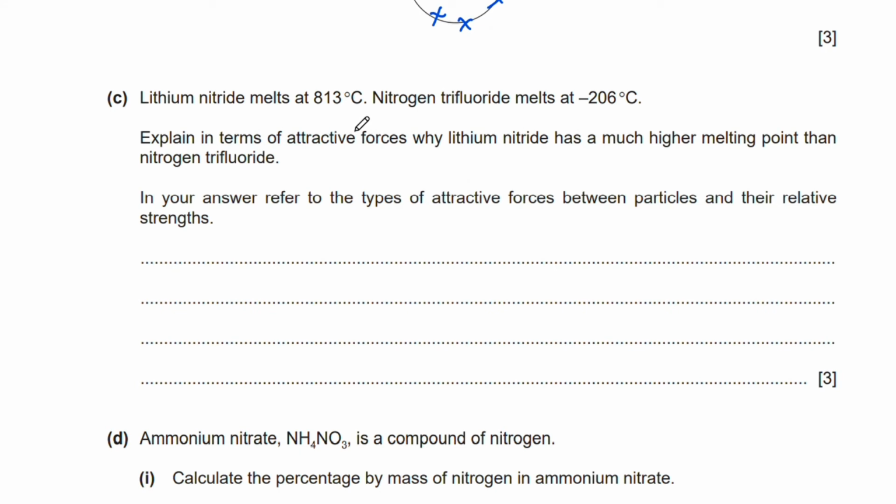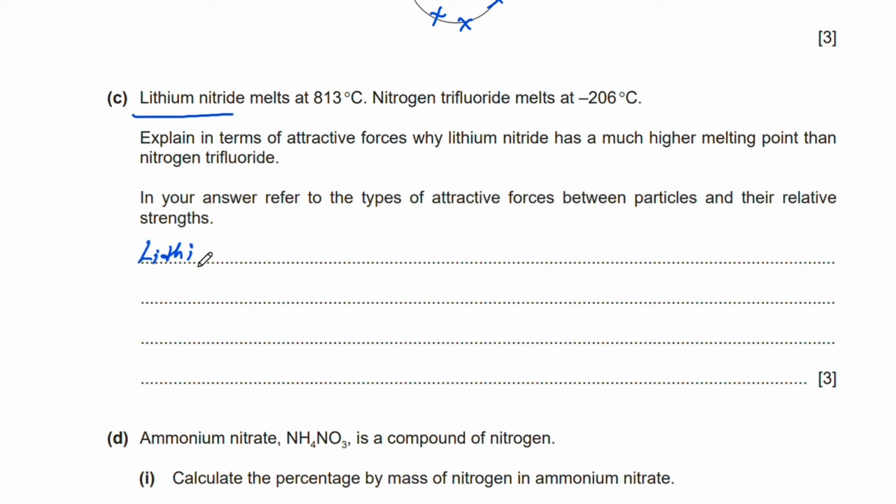Now lithium nitride melts at 813 degrees Celsius. Nitrogen trifluoride melts at minus 206. Explain in terms of attractive forces why lithium nitride has a much higher melting point than nitrogen trifluoride. In your answer, refer to the types of attractive forces between the particles and their relative strength. So we know that lithium nitride